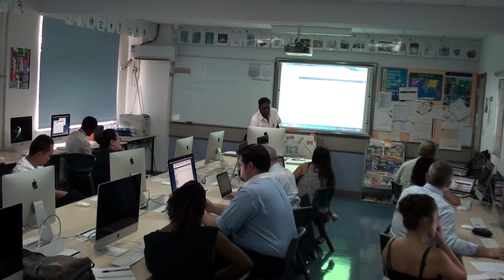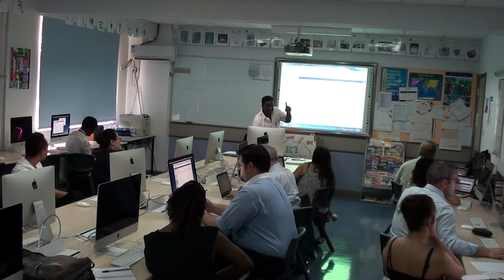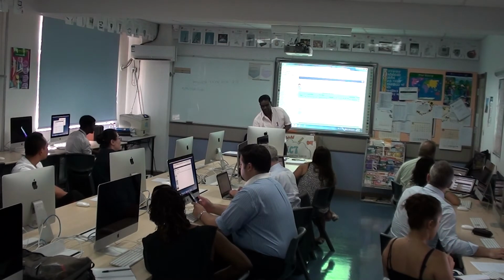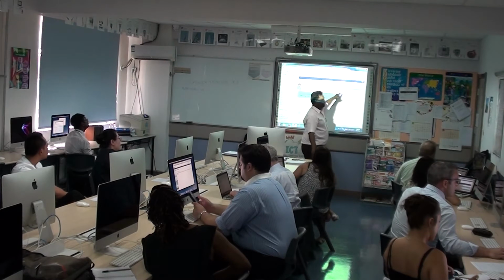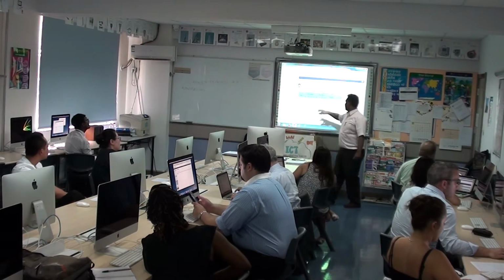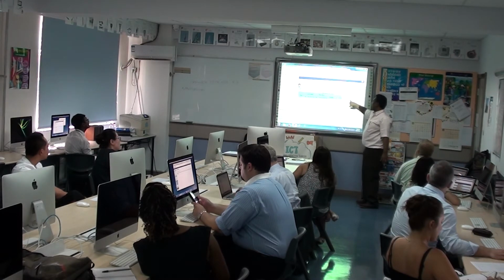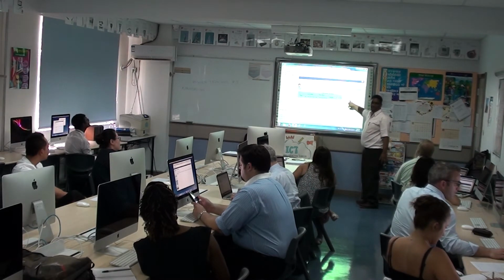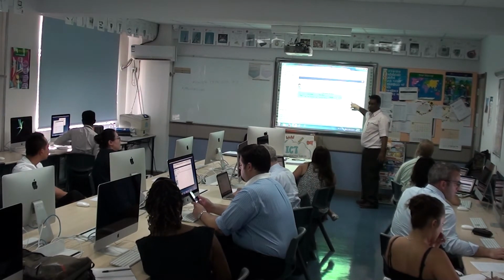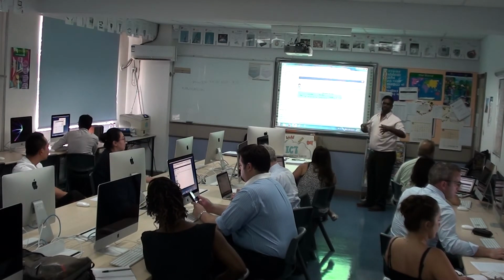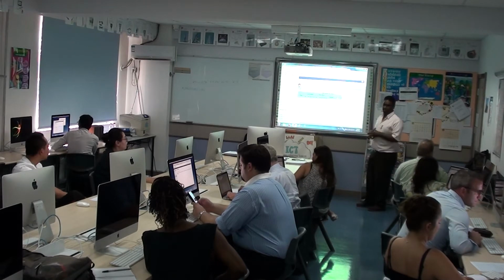Okay, after selecting a student, on the right side you can see a drop down list. This screen will appear when you select quick lookup. Quick lookup means it gives you brief, quick information about the student.